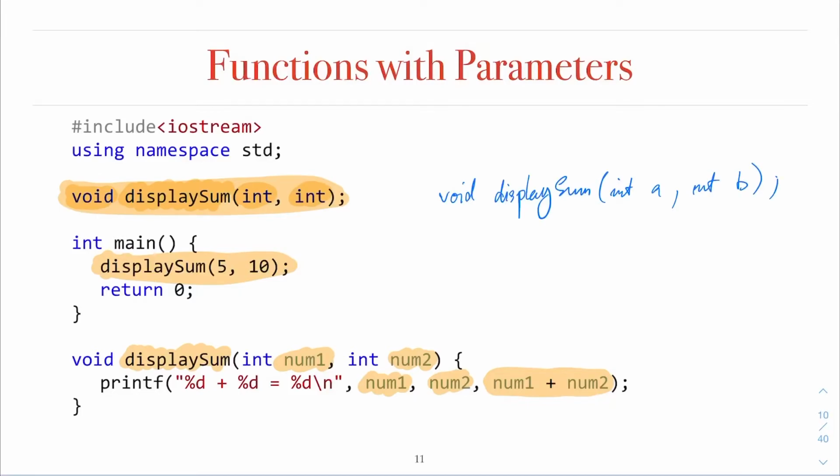The compiler doesn't care about a or b inside your function declaration. It doesn't use them. But it may be useful for the IDE you are using.